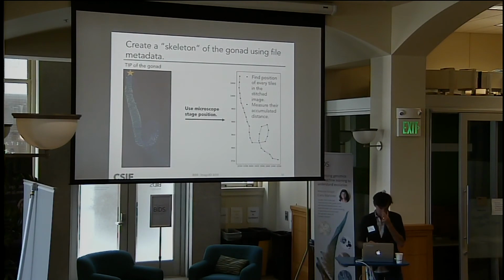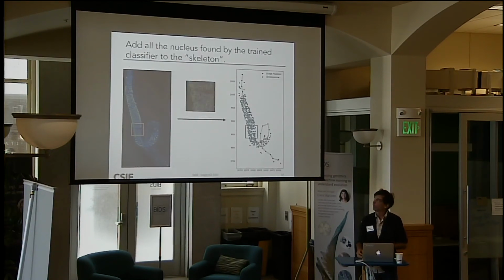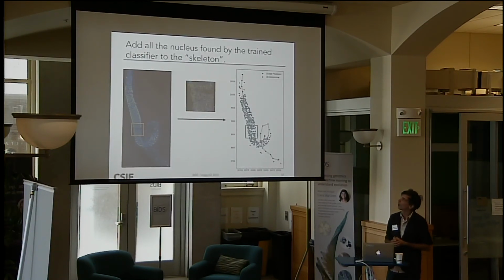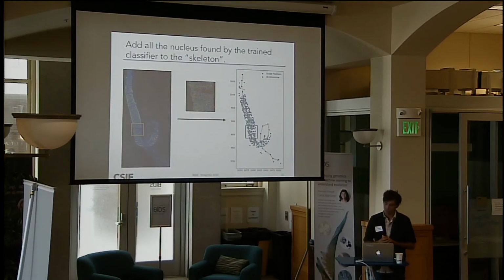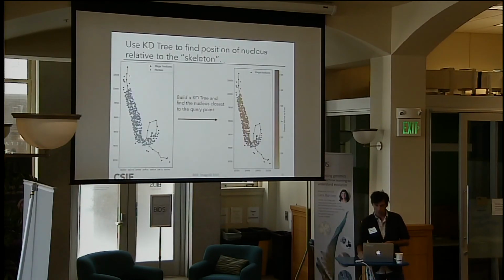And for that, the first step is to use the metadata that are saved with the file I'm using. So I use the stage position for the different tile images. Then I can measure the accumulated distance, and I create this kind of skeleton of the gonad. From there, I can just plot back the result of the nuclei that I found using the trained classifier, and then I can get kind of a heat map of